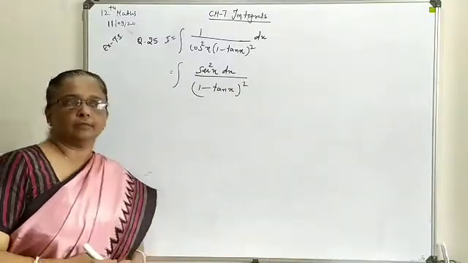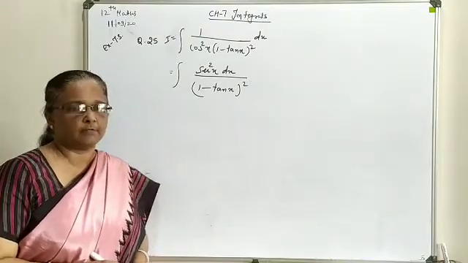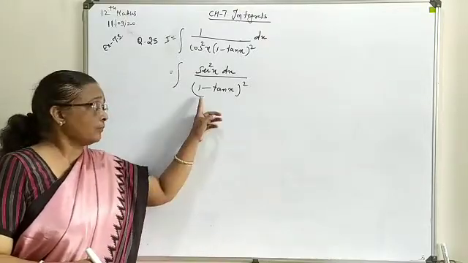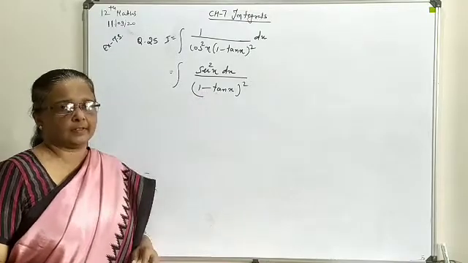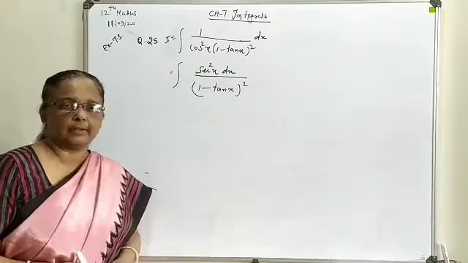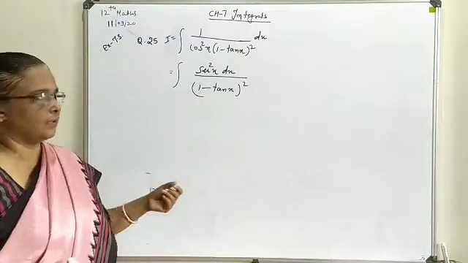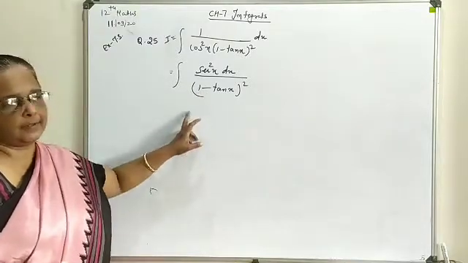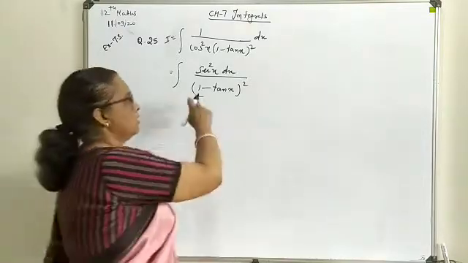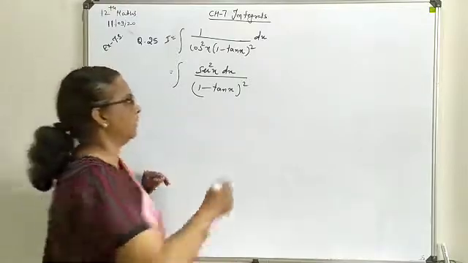Now you have to think about the function that can be substituted as t, and whose differentiation is available in the question. So it is very clear from the question form that if we suppose 1 minus tan x as t, as dt you will have minus sec square, and that sec square is available as a derived form in the question. So we are going to substitute 1 minus tan x as t, and even this single term tan x also you can substitute as t. The 1 is not having any role while writing the differentiation, so we are not going to include it here.